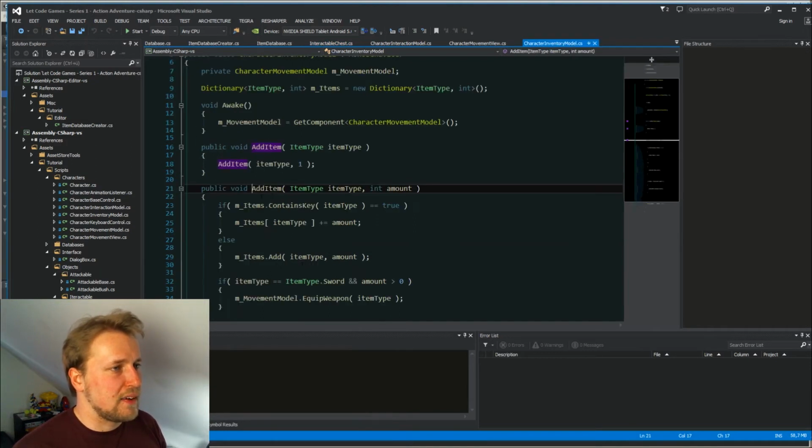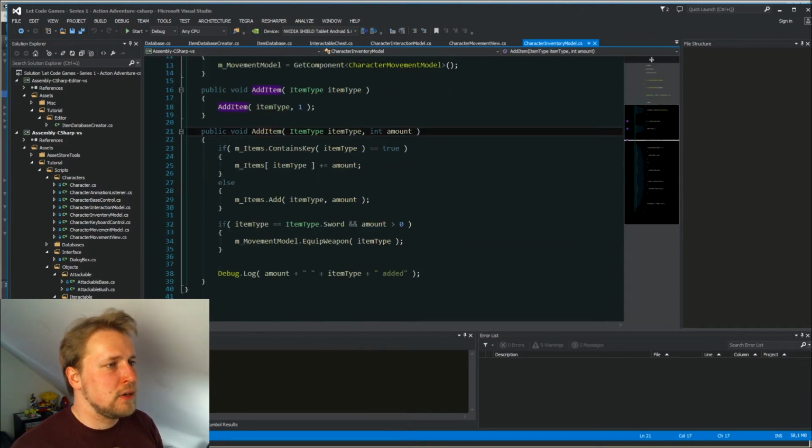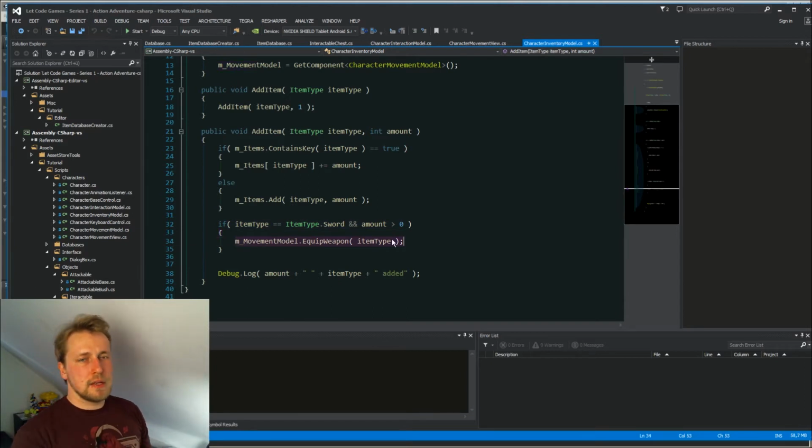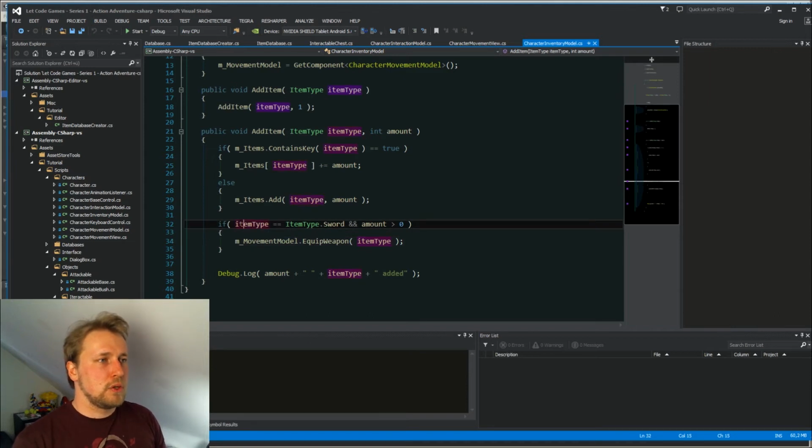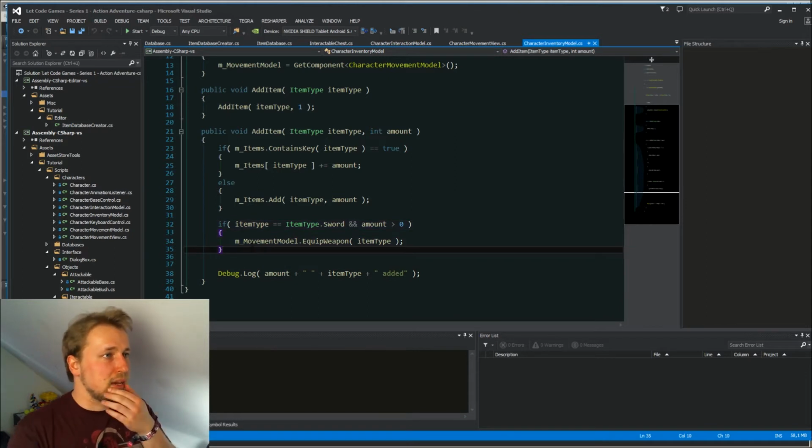Let's go into the add item method, and you can see what we did here is we hard-coded that if the item type is a sword, then we want to equip the weapon. But later on we might have different swords, we might have a hammer or stuff like that that should trigger this as well. And we don't want to go into this code every time and add a new item type here where this code applies as well. So what we can do now